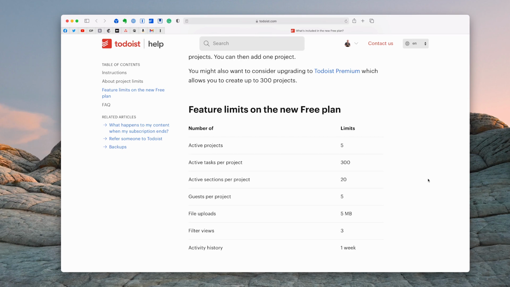The pro version is going to change from Todoist Premium, and it's going to become Todoist Pro. Kind of simplifies it a little bit, but just to keep in mind, those are the changes coming to the free version. It's really, really excellent service that they're providing us there. And if you want to have access to everything, then you are going to be able to upgrade to the new Todoist Pro, which actually doesn't change from Todoist Premium.